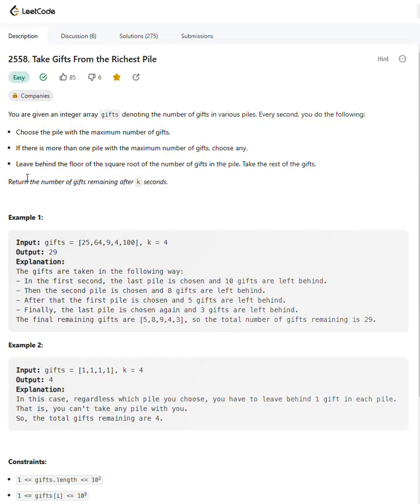And then at the end leave behind the floor of the square root of the number of gifts in the pile. Take the rest of the gifts. After selecting the maximum one, we have to find its square root, and then store that result in it again. As for example, here you can see,